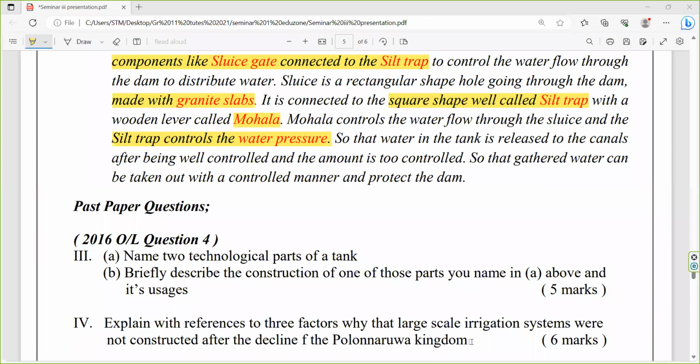Dambadeniya was only just a hillock. Yapahuwa was only just a hillock. Fewer people were there, so no urban water requirements. And even in this area, no floods, so no need of controlling floods. As there were no objectives here, they were not concerned. Once again, the answer is what? The negative side of the fact that we learned.